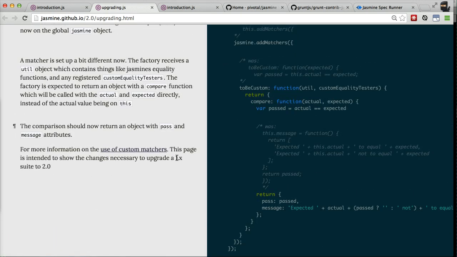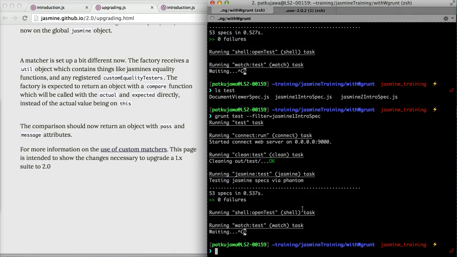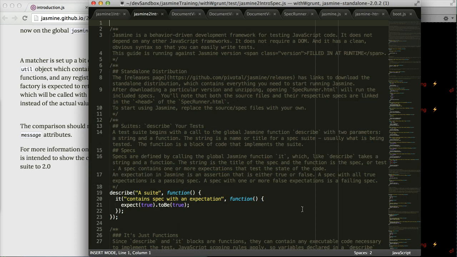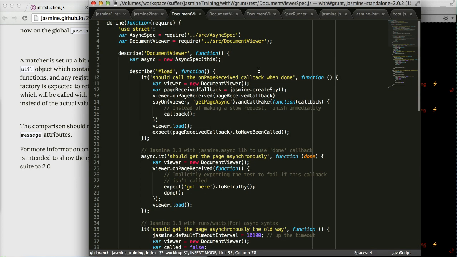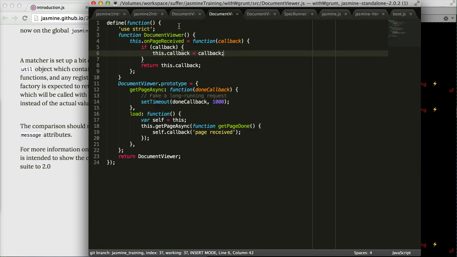So speaking of specs, instead of looking at the Jasmine 1.3 or Jasmine 2 provided specs, let's create some of our own. So I have actually created a project or a module called a document viewer. And the idea here is just that you want to view some sort of document, and so you would tell it, okay, document viewer, load that document, and we're just keeping it simple here so there's no arguments,